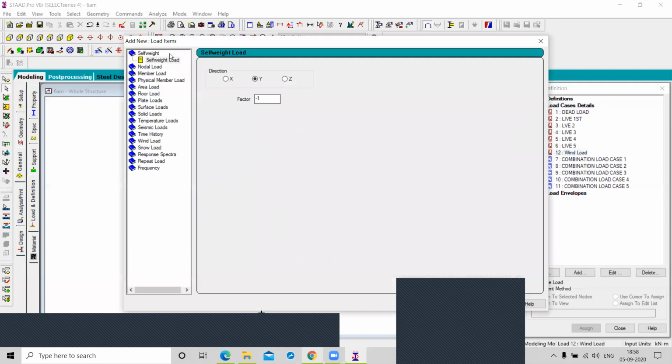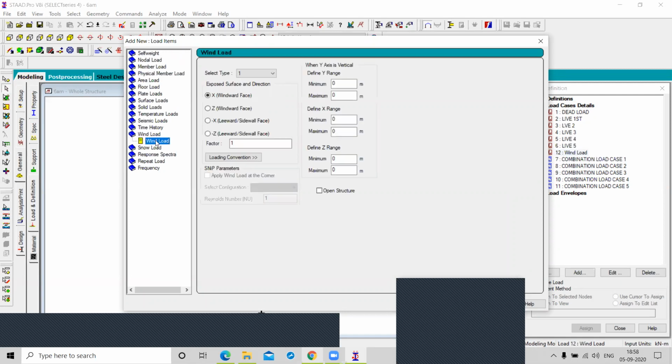Now you have to give wind load here. Is this your wind load, right? There is no value for how the pressure is applied, right? Because we will give the value in the definition part. If you follow this step without defining, it will show you a message: first, give the wind definition in the definition part.